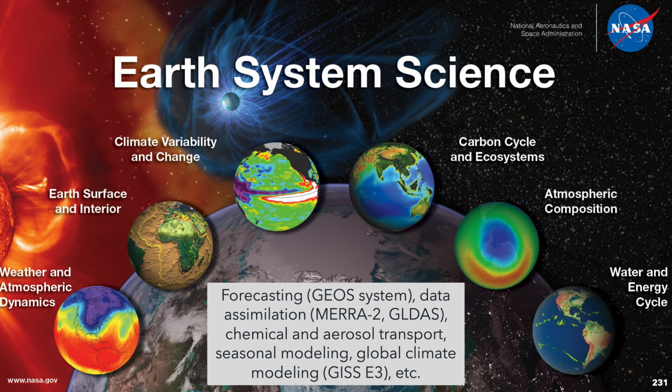Maybe some of you have heard of the Global Modeling and Simulation Office and their work there at NASA Goddard. We have a Goddard colleague here. And they have the GEOS modeling system. Maybe some of you have heard of the simulations called MERRA-2, or somebody mentioned GLDAS already today. So GLDAS is the NASA Global Land Data Assimilation System. We've got the chemical transport models and the global climate modeling. So I was actually at NASA GISS in New York City last week and got some updates on their efforts. But that's primarily what the missions support, but we see that there's action.